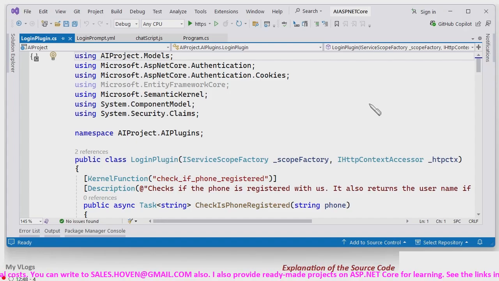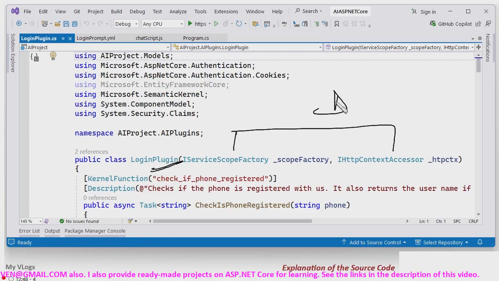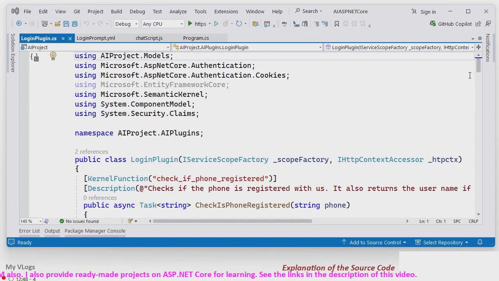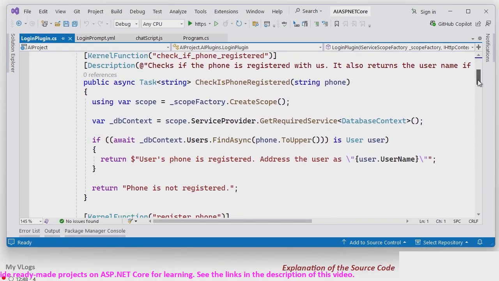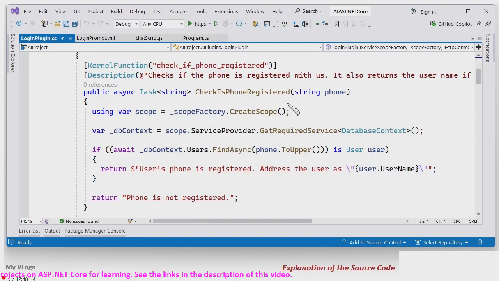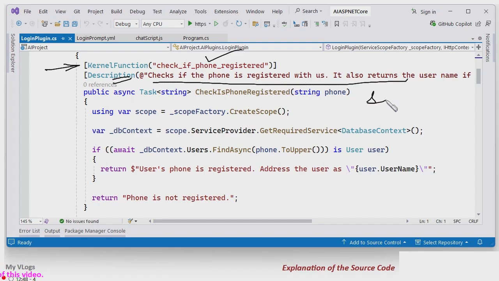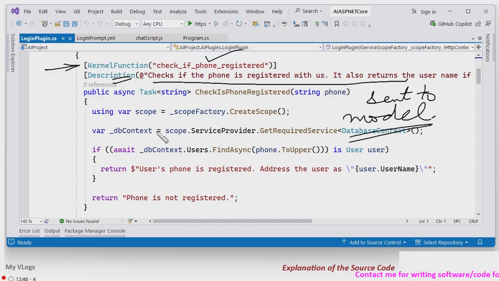Now this is the login plugin. This can be any class. It receives these through dependency injection, and all your code moves into this class. It must be annotated with kernel function, any name of the function. This is a description. This description is sent to the model by your semantic kernel,